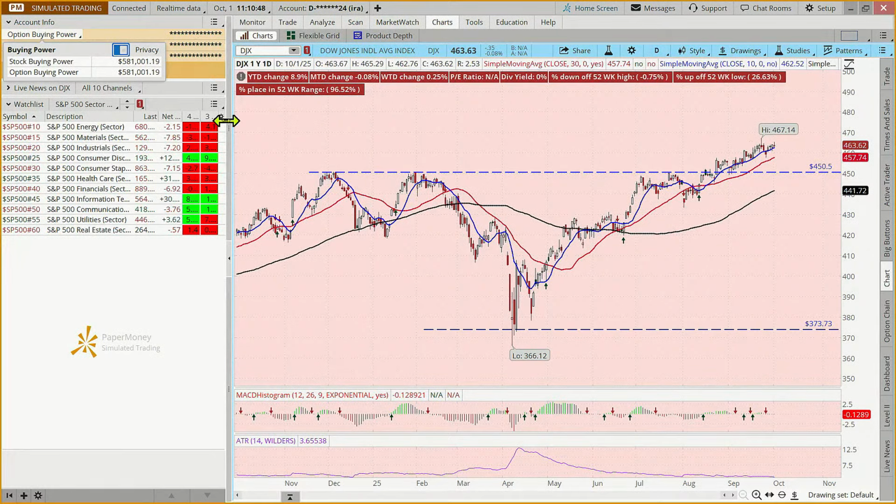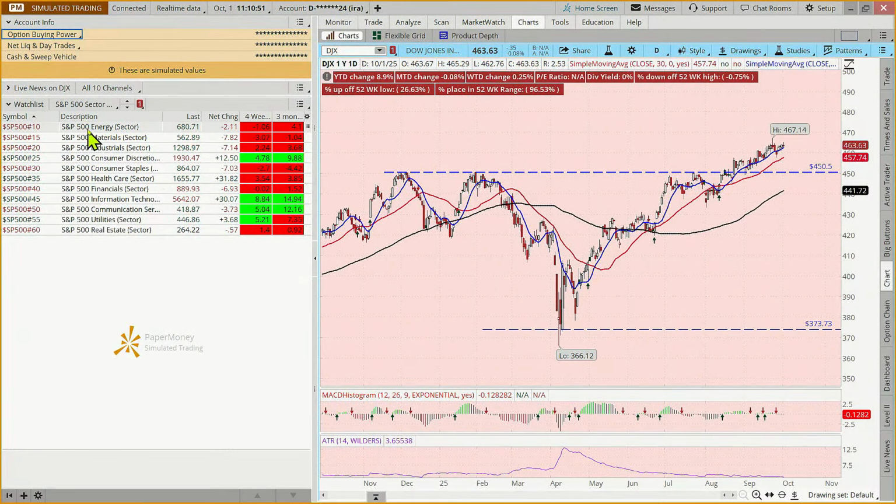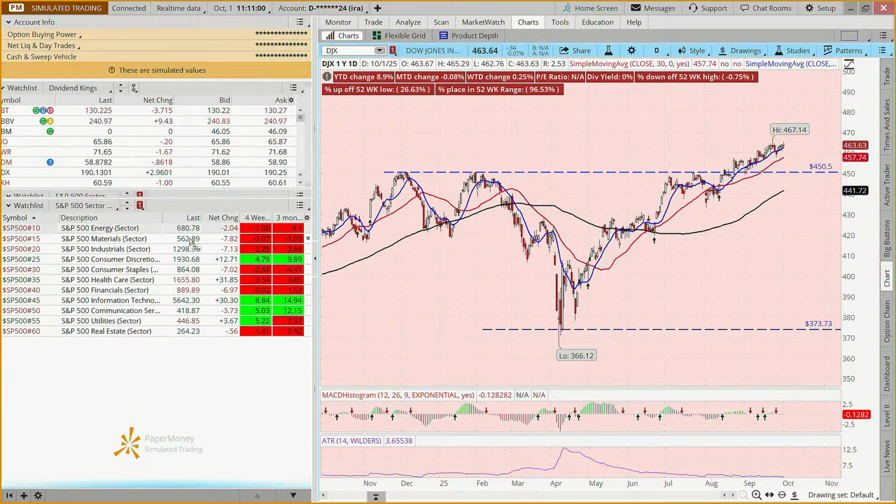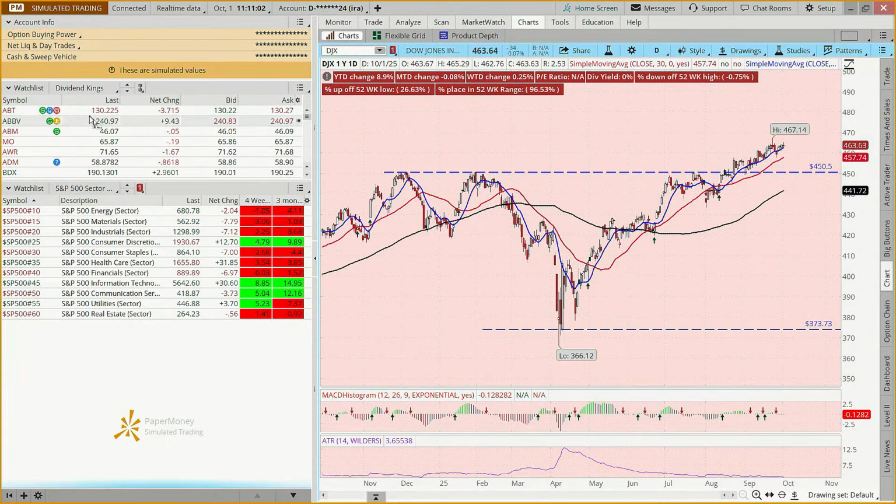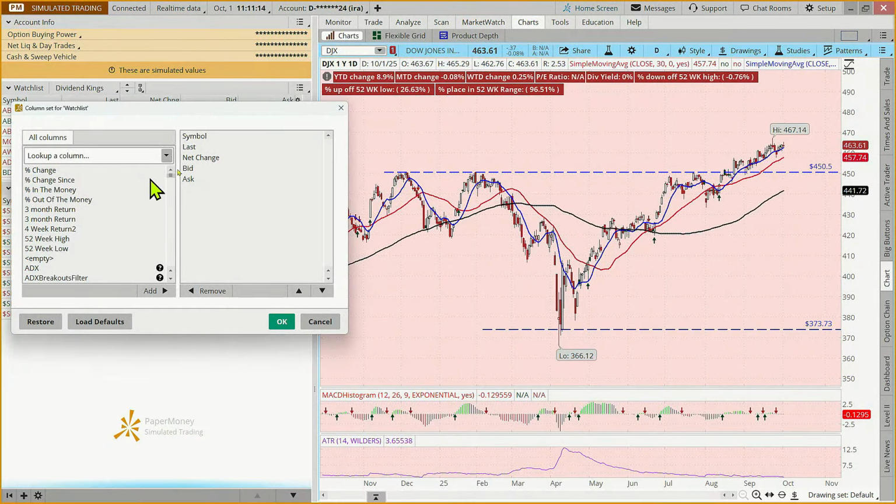But I customize this. And so if you add a new watch list, let's just change this live news. I'm going to switch this to a watch list. And this is how they come up. And so how do I get mine? Because S&P 510 doesn't tell me anything. And so what I did is I came over to this little sprocket, if you're new, and I said, well, I don't care about the bid or the ask price, but what I want is a description.